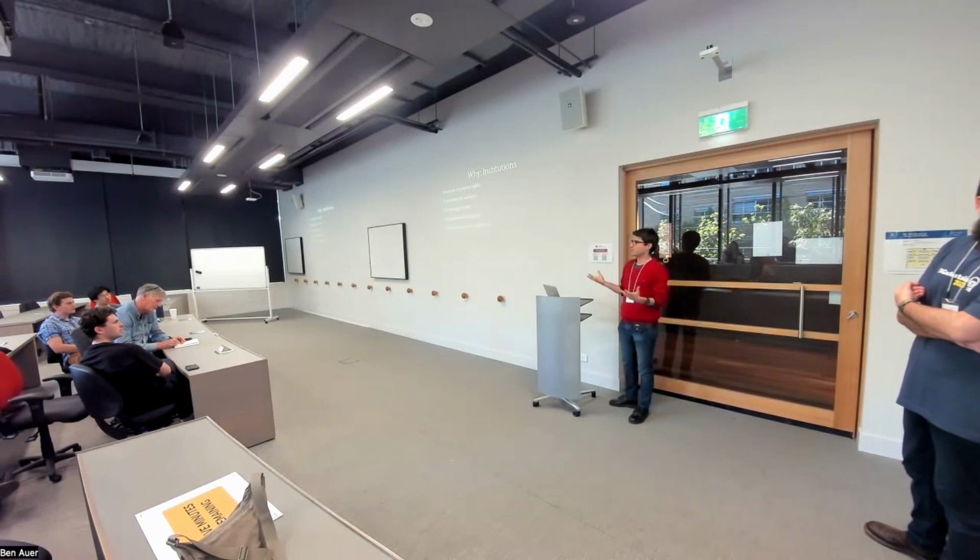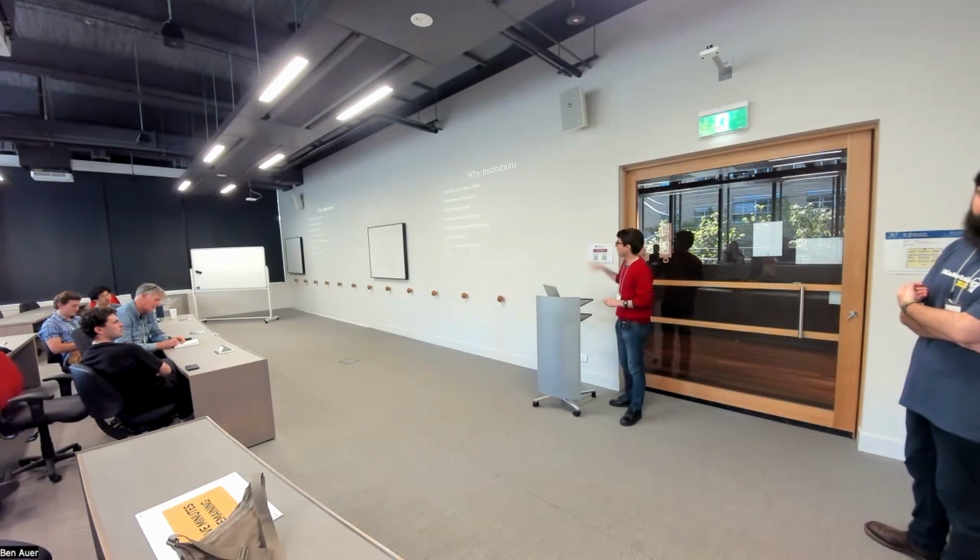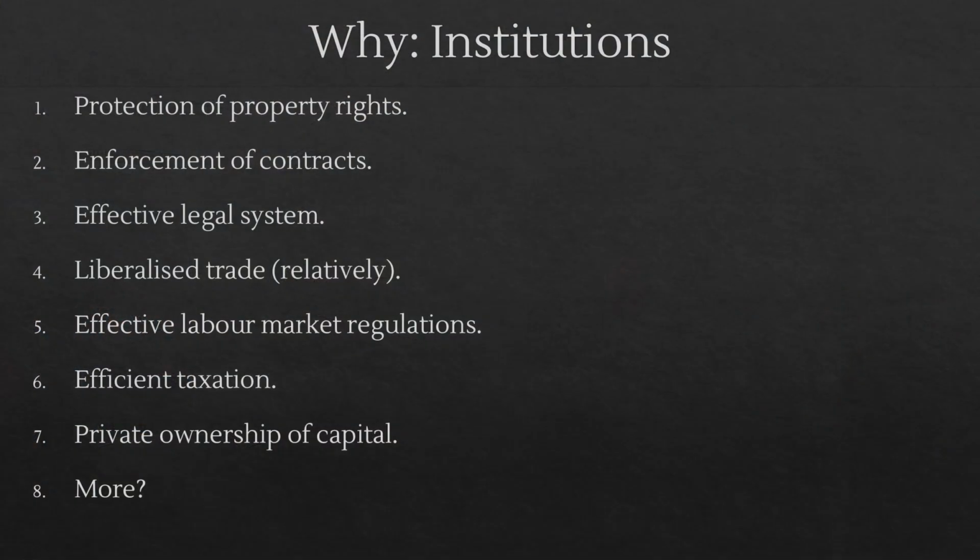And there's a lot of debate about exactly which institutions, particularly economic institutions, are critical here. I've listed a few that are discussed in the literature. So protection of property rights is definitely very important. There's a lot of evidence about this. Basically, this is the idea that you're able to accumulate capital and deploy it in productive ways. You don't fear that it's going to be arbitrarily confiscated by the government or a criminal gang or the mob or something like this. And all of these come in degrees, right? It's not a question of it is or it isn't, but there's varying gradations.